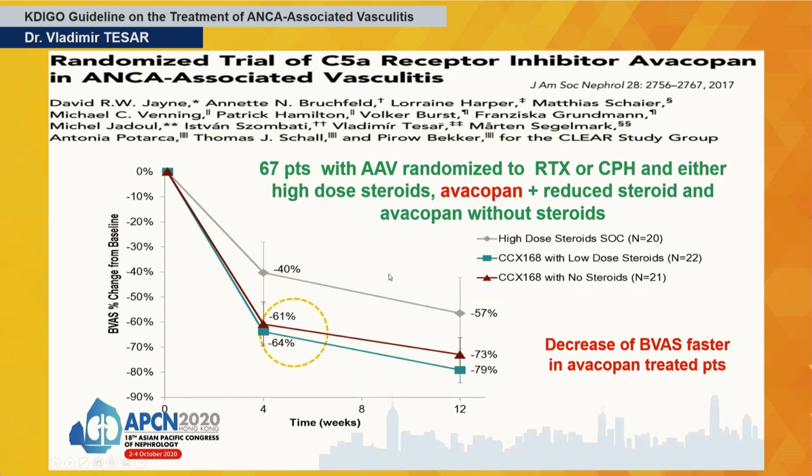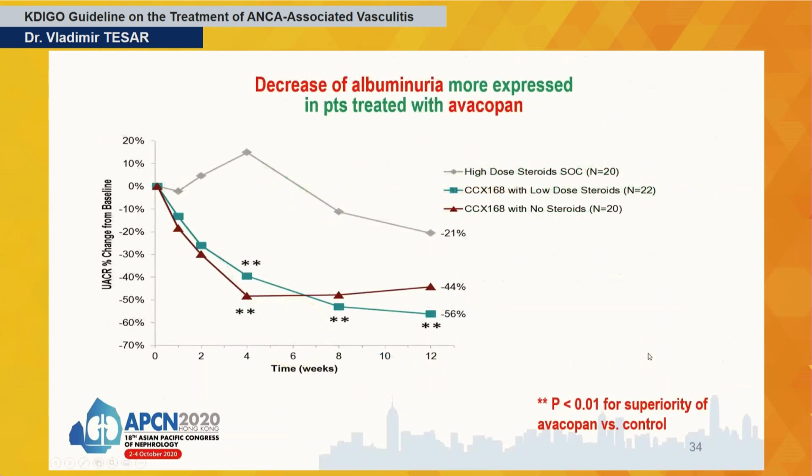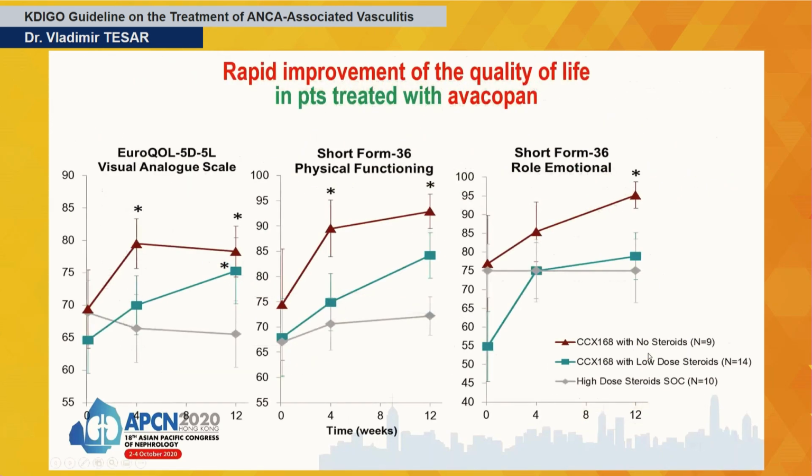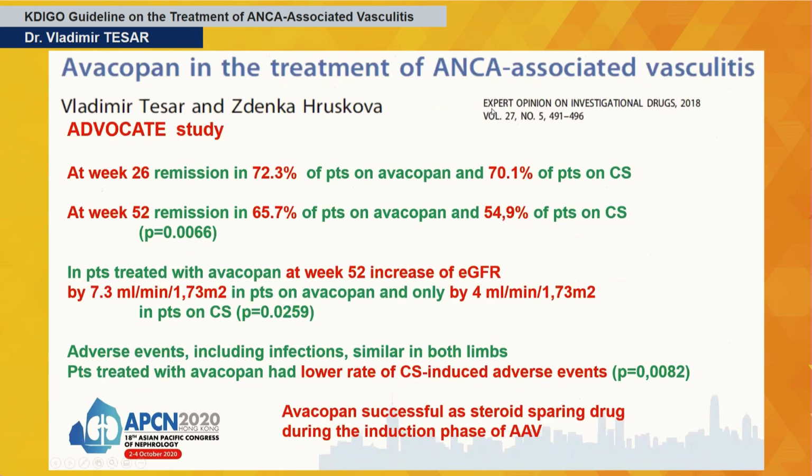We have data from the phase 2 trial in which avacopan was better than high-dose corticosteroids in terms of decreasing activity of the disease faster, decreasing albuminuria, and in terms of rapid improvement of quality of life of patients treated with avacopan. And these data from the phase 2 trial were recently confirmed in a much larger phase 3 trial in more than